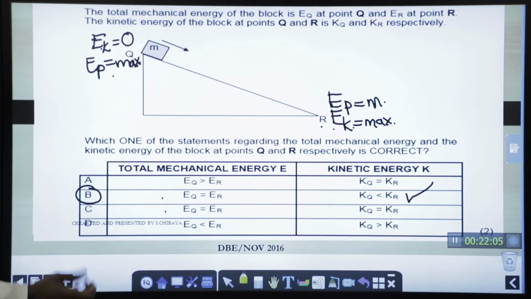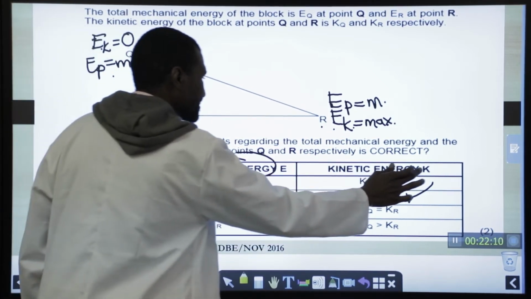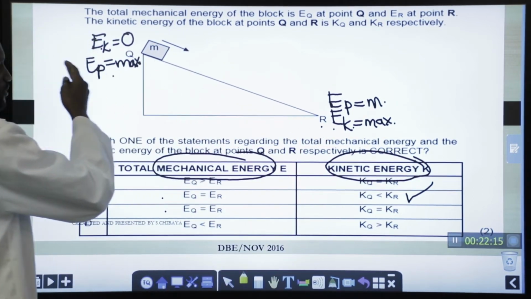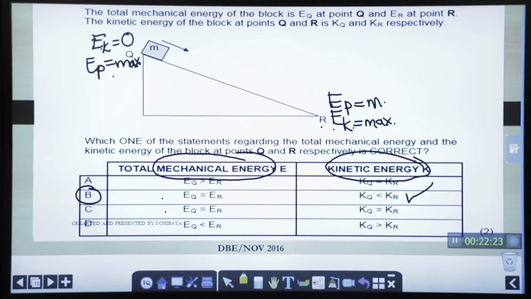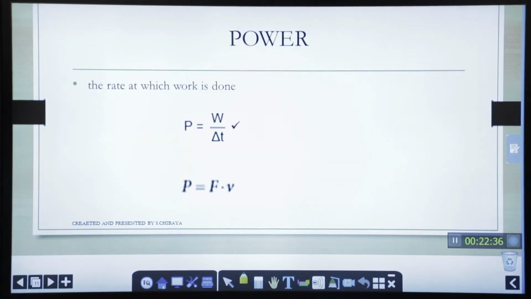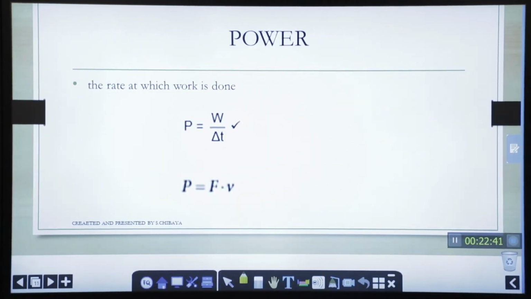I want you to understand aspects of mechanical energy and kinetic energy and how they relate to an object moving along an inclined plane, because they are very important in our calculations of either the velocity of an object or calculating the work done by an object while moving along an inclined plane. Let's look at the next point actually. I can't look at the next question without looking at